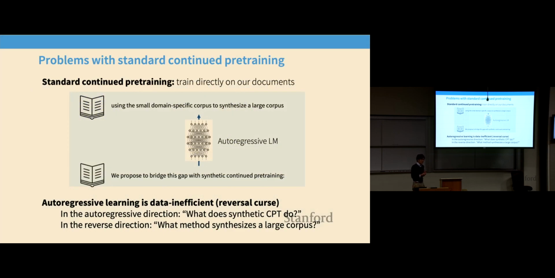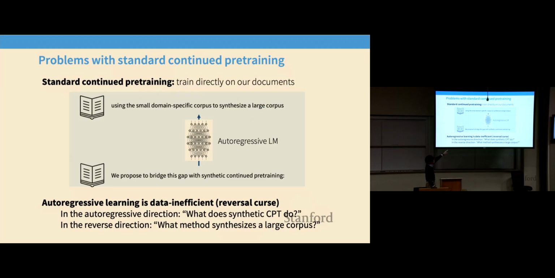So let's think about why this doesn't work. Standard pre-training and standard continued pre-training both follow the well-established pre-training playbook. What is that? You have a piece of text, in this case the abstract to my paper, and you take as input some prefix and predict what comes after it. We all kind of know this. But the issue, if you think about it for a little bit, is what are we learning? We're learning to predict what comes to the right. And this is a really data-inefficient way to learn.